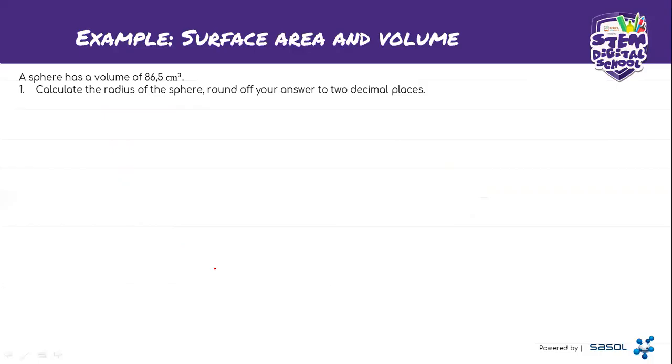All right, we are having a question, but first it says the sphere has a volume of 86.5 centimeter cubed. Now in this scenario, we are given what? The volume, right? Now first question says we should calculate the radius. In this time, we have to calculate the area of the sphere. Round off your answer to 2 decimal place. Remember,